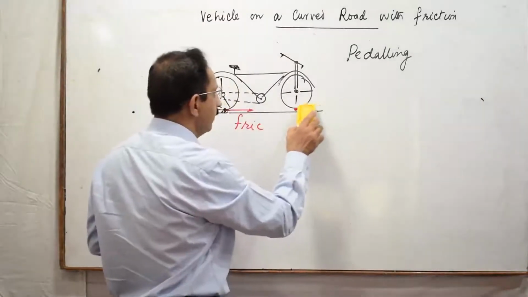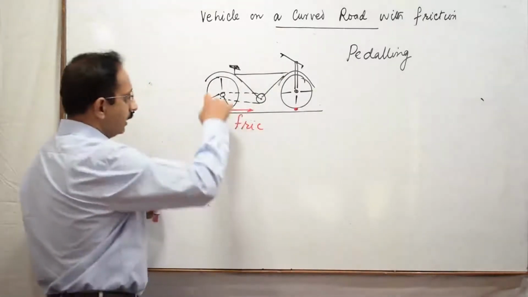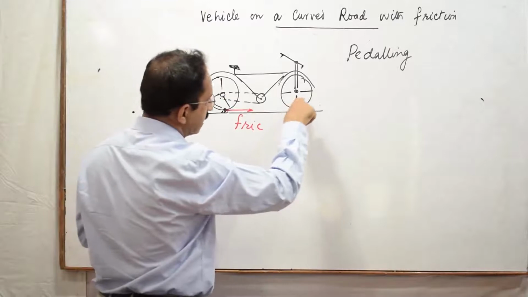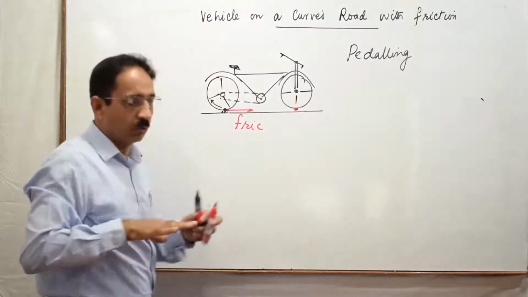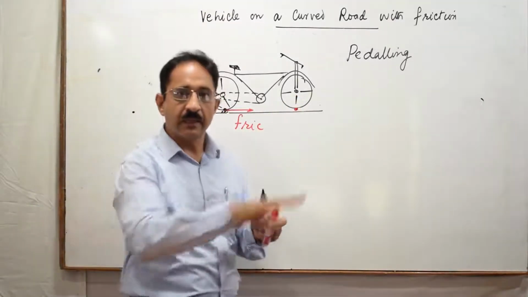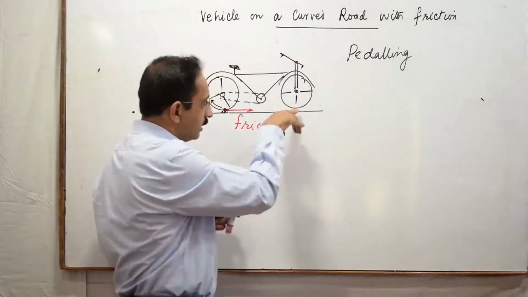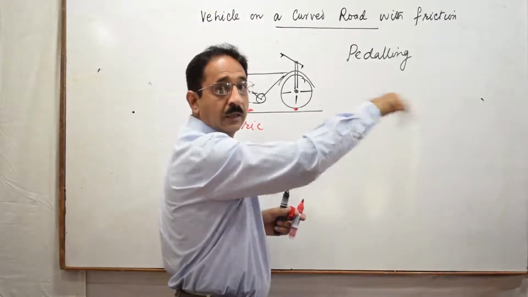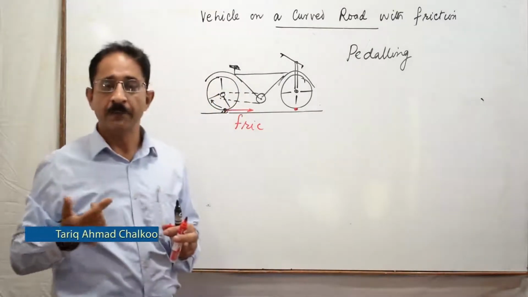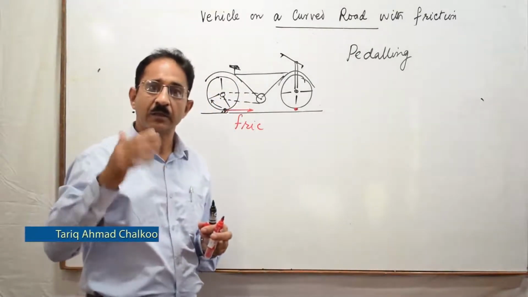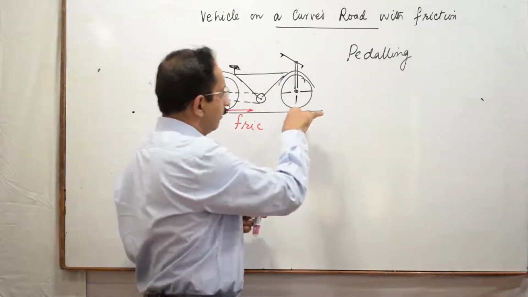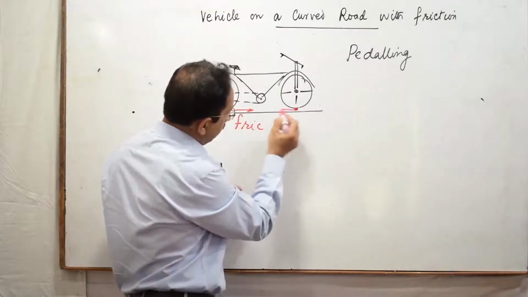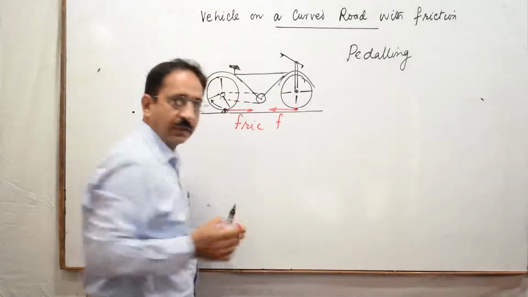Reason being कि जब ये वाला wheel rotate कर रहा था, because of the rotation of this wheel, the motion was transmitted to this wheel, और इस wheel को अब ये cycle skid करने की कोशिश कर रही है, and that skidding force is in the forward direction. Again the friction comes into play. Now this time what happens, that friction tries to destroy the forward motion of this wheel and acts in the backward direction. ये इस direction में अब friction act करेगा.